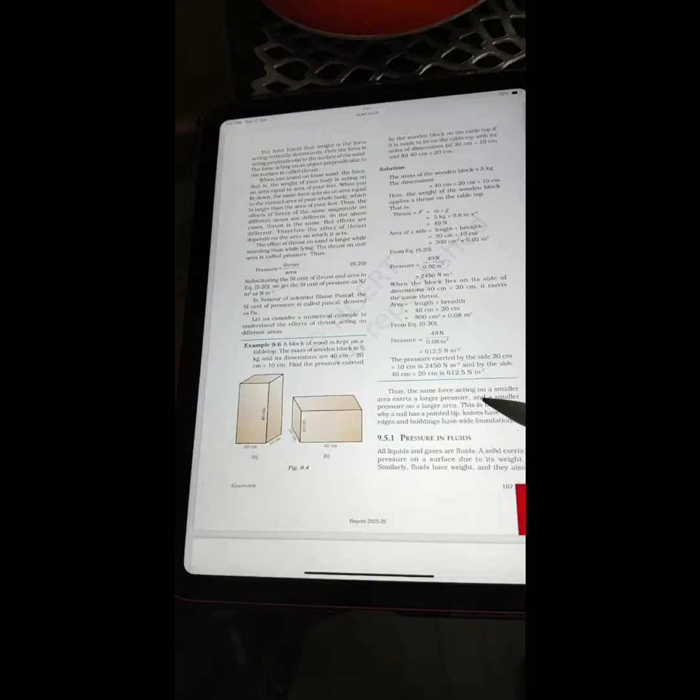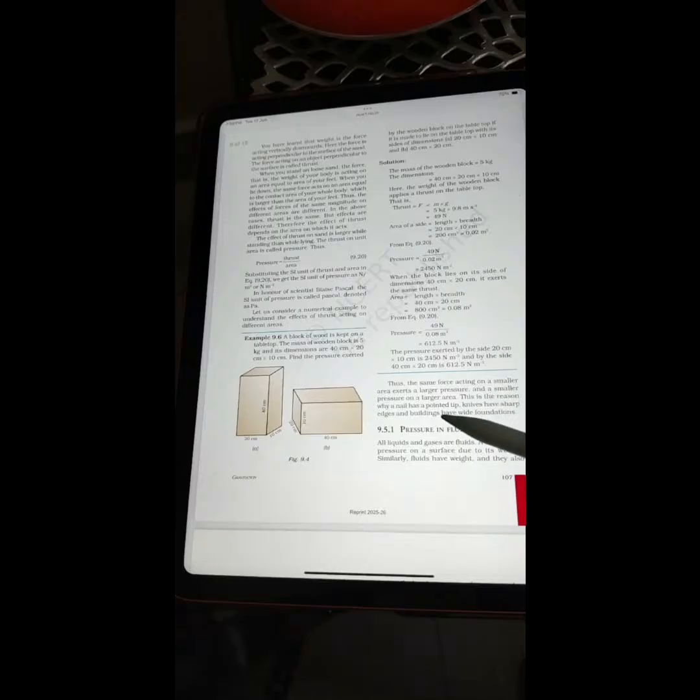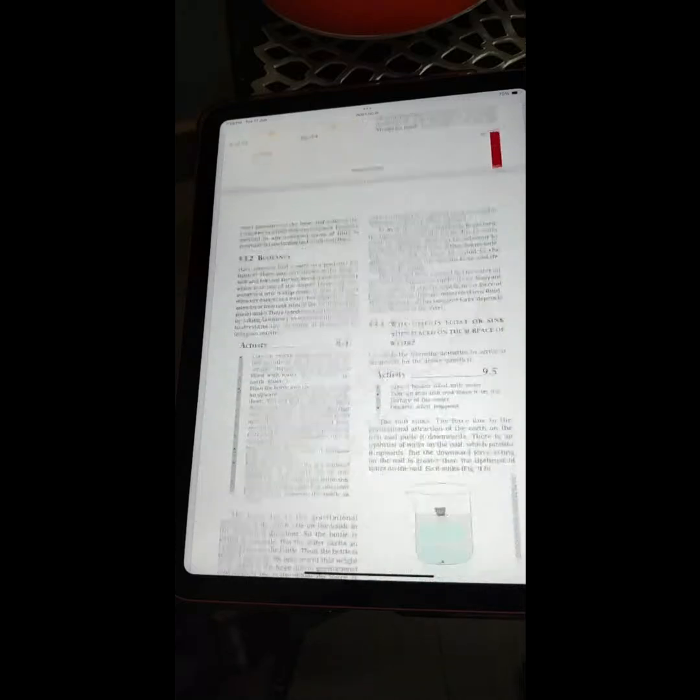Thus the same force acting on a smaller area exerts a larger pressure, and a smaller pressure on a larger area. This is the reason why a nail has a pointed tip, knives have sharp edges, and buildings have wide foundations. 9.5.1 Pressure in fluids. All liquids and gases are fluids. A solid exerts a pressure on a surface due to its weight. Similarly, fluids have weight and they also